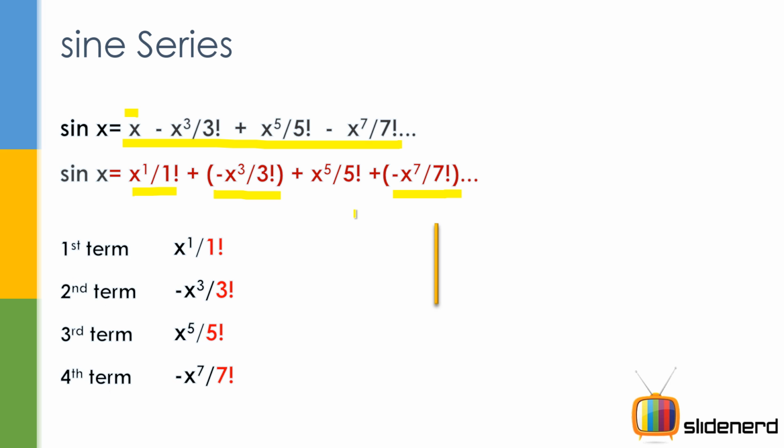And here's the thing you should observe. The first term is positive. The third term is positive, right? That means the odd terms are positive. The even terms are negative. I'm talking about these even terms, alright? Not only that, there's another thing you should observe. If you see, this is 1 factorial, then there is 3 factorial, then there is 5, then there is 7. That means we start at 1 and we increase the power and the factorial number by 2 each time, right?